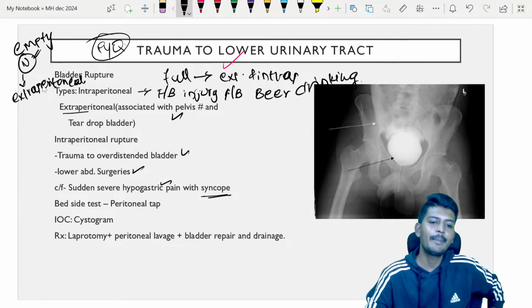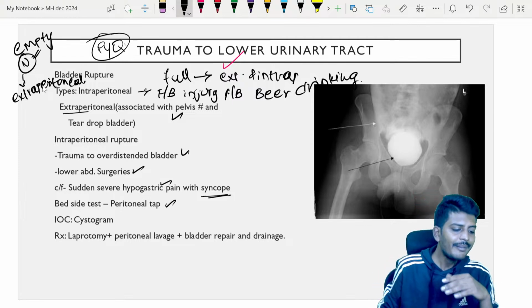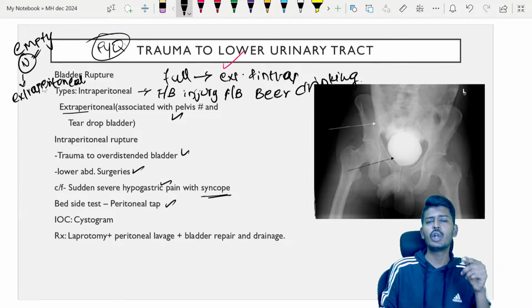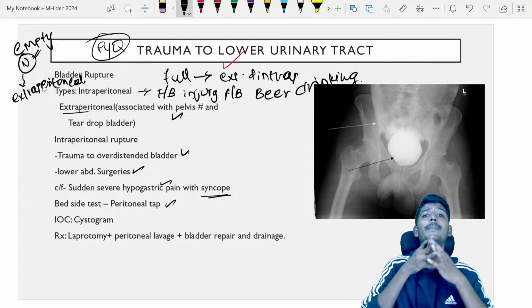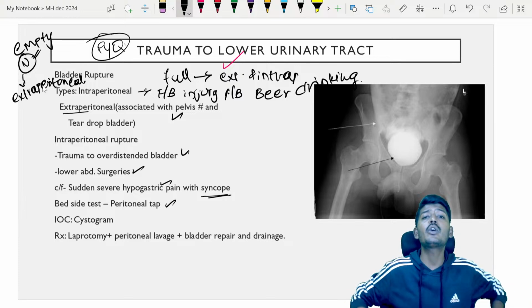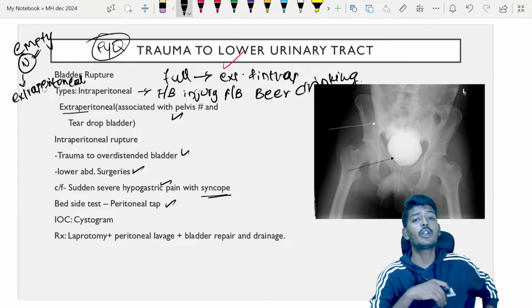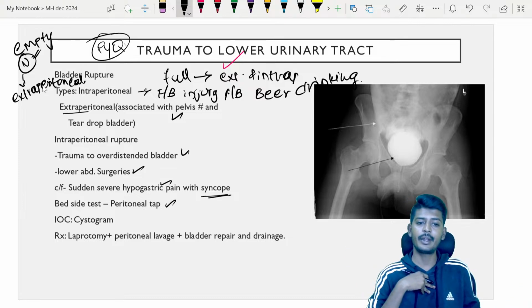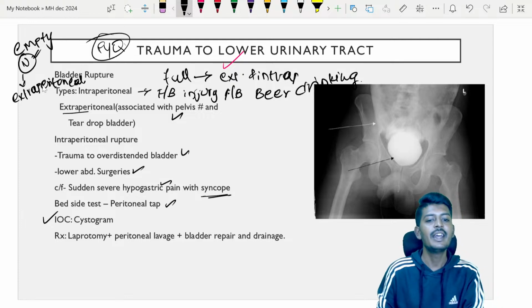Okay, on the blood side we will do a peritoneal tap, usually ultrasound guided is preferred. So you are going to go into the peritoneum and try to take out the fluid. When you take out the fluid, if the bladder is ruptured, what will leak into the whole peritoneum? Urine will be leaked. If urine is leaked, automatically you can find it in the peritoneal tap. So if you find urine in the peritoneal tap, that is suggestive of bladder rupture. Okay, investigation of choice, cystogram.